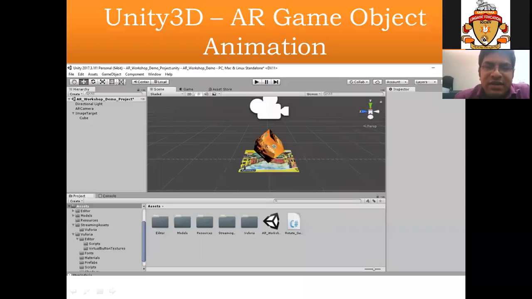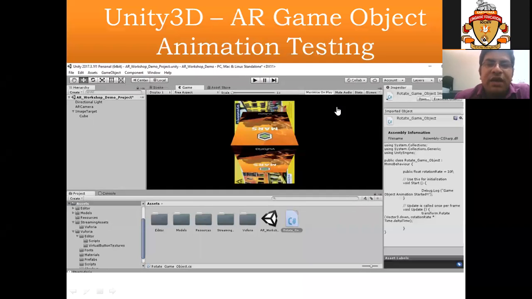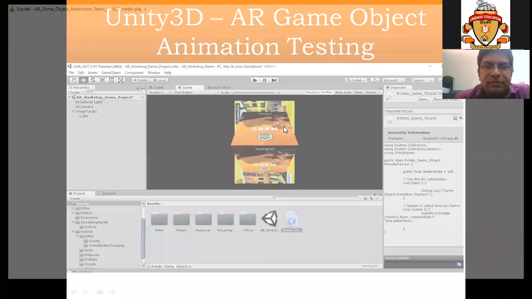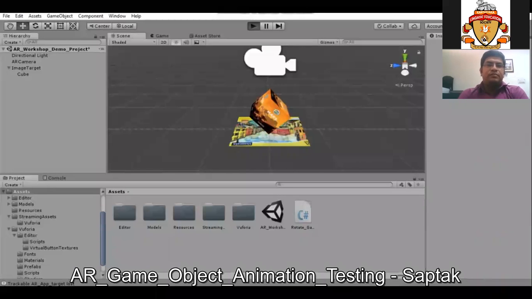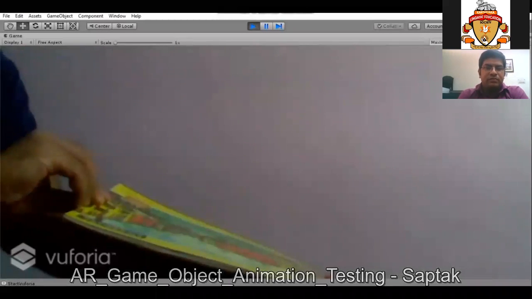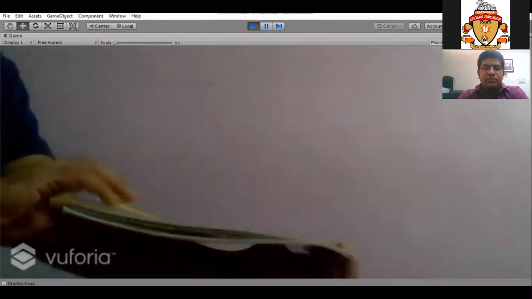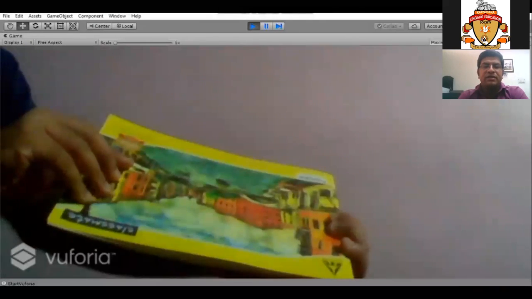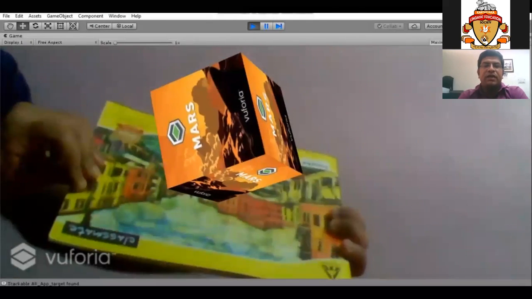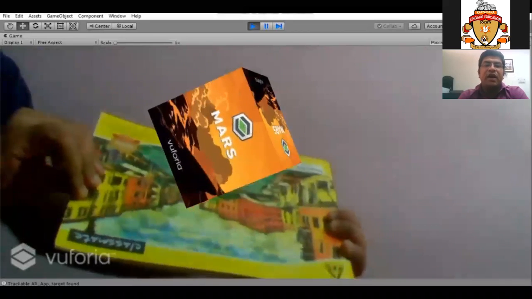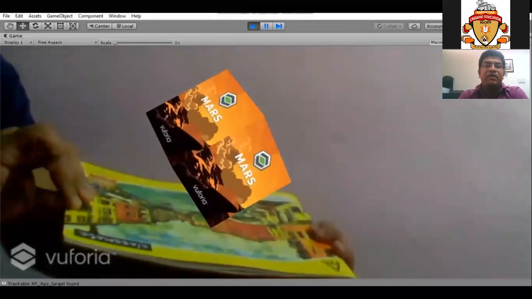Once this part is done, now let us see whether our animation works or not. Whenever it detects, now the game object started to rotate downwards with that particular velocity.